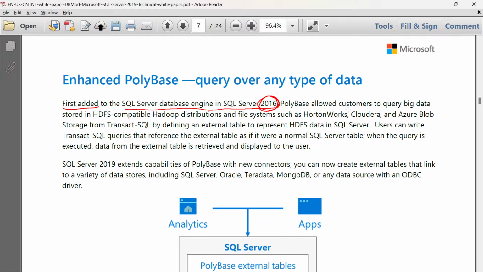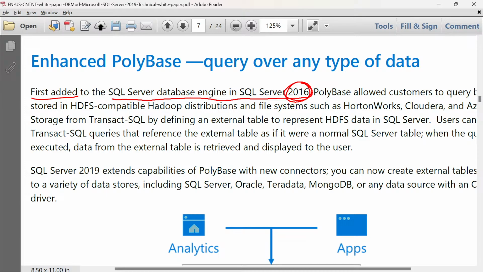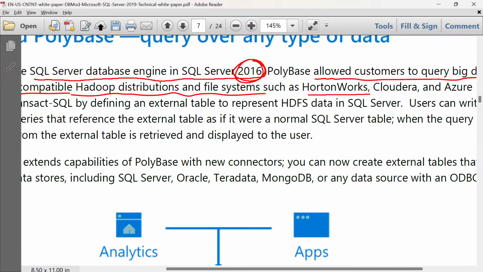It allowed customers to query big data stored in HDFS-compatible Hadoop distributions and file systems. HDFS means Hadoop Distributed File System, such as Hortonworks, Cloudera, and Azure.